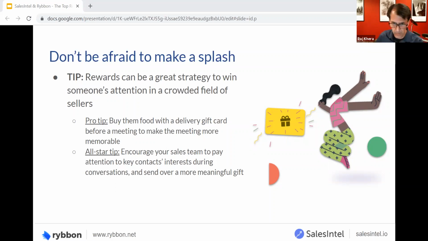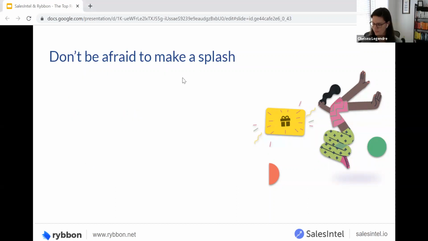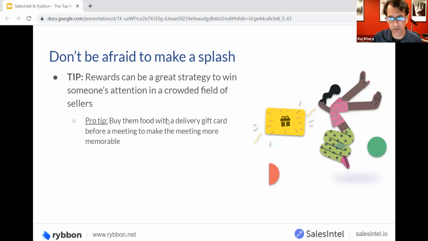So this is when everybody's in lockdown, nobody's going out. And so they actually shipped me and a handful of other people that they were targeting a full boxed make-yourself-a-meal, kind of like those HelloFresh boxes. And what they did is they actually got a celebrity chef to host the entire event.